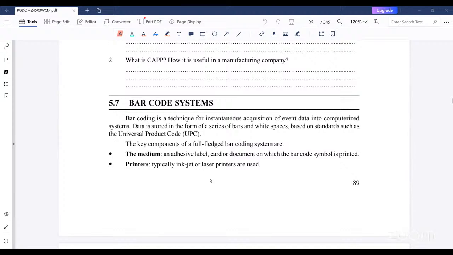Next is barcode systems. A barcode system is a technique for instantaneous acquisition of any event data into a computerized system, and data is stored as a series of bars and white spaces based on standards such as the Universal Product Code, that is called UPC. The key components of a full-fledged barcoding system are